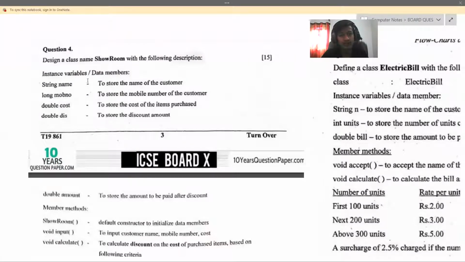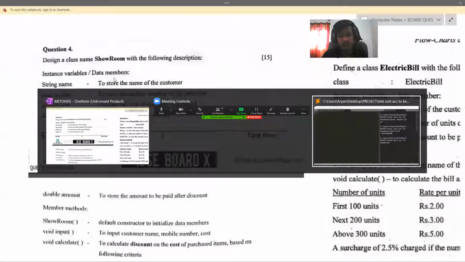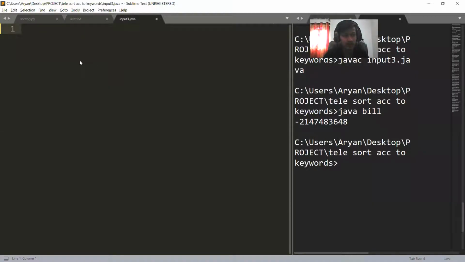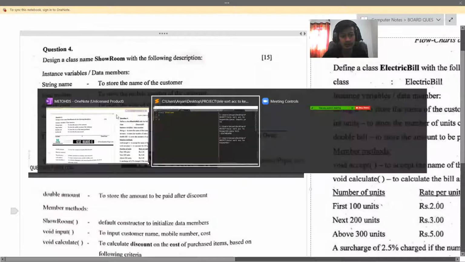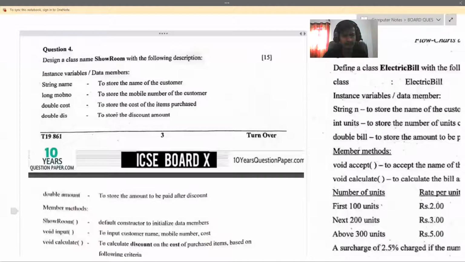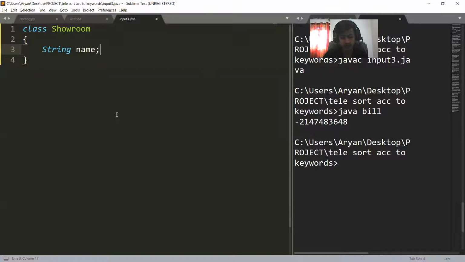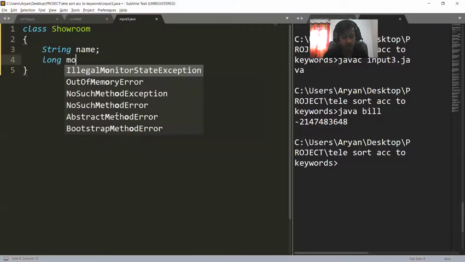Design a class named showroom. So your first step would be writing the class name as showroom. The next thing we have is instance variables/data members: string name, long mobile number, double cost, double disc. So the next step will be to just create the data members. So our data members are string name, long mobile number,